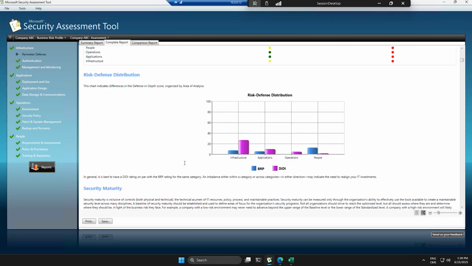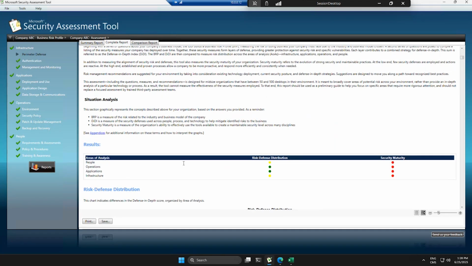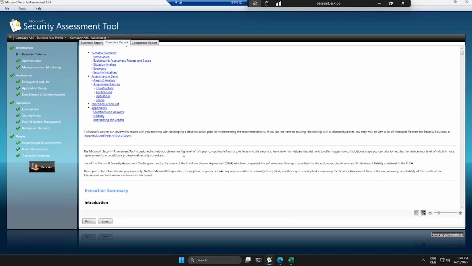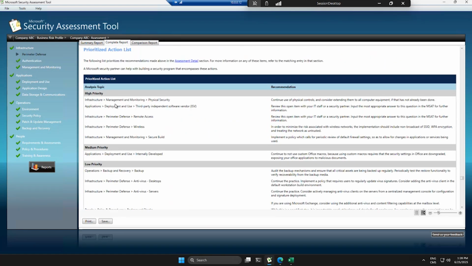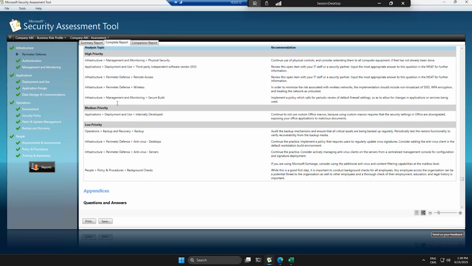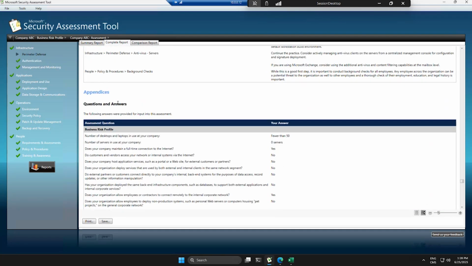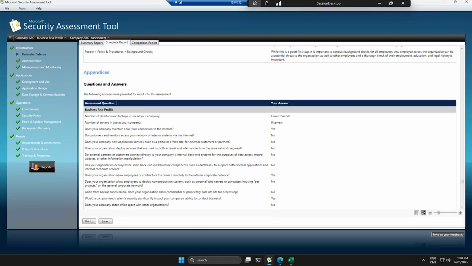So let's go back up here. It's really slow to navigate. So let's go to that prioritized action list, which is what I was showing you before. So here we have those recommendations. And as well, we have them all listed by priority, but there again, this is all built on the way I answered my questions. Let's say here in my business risk profile, which was that first step where I answered what my infrastructure